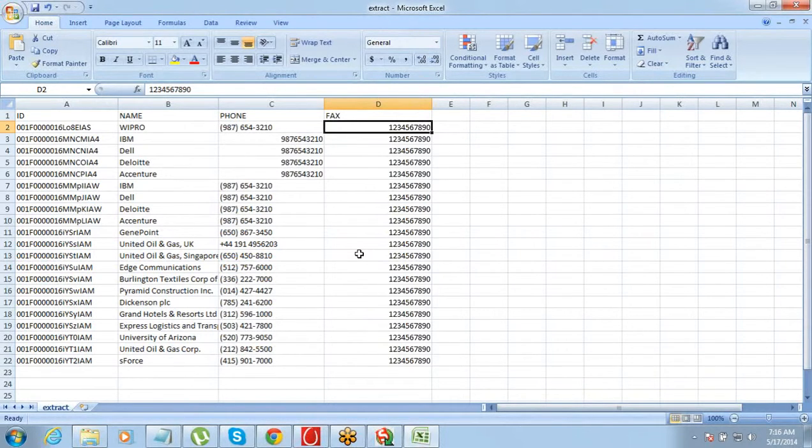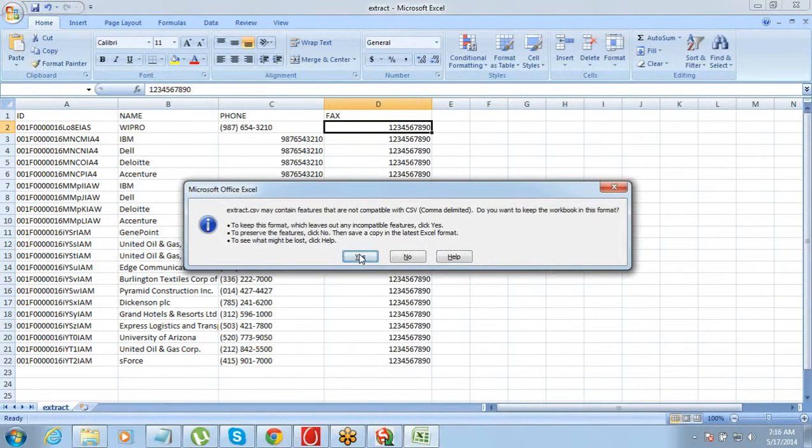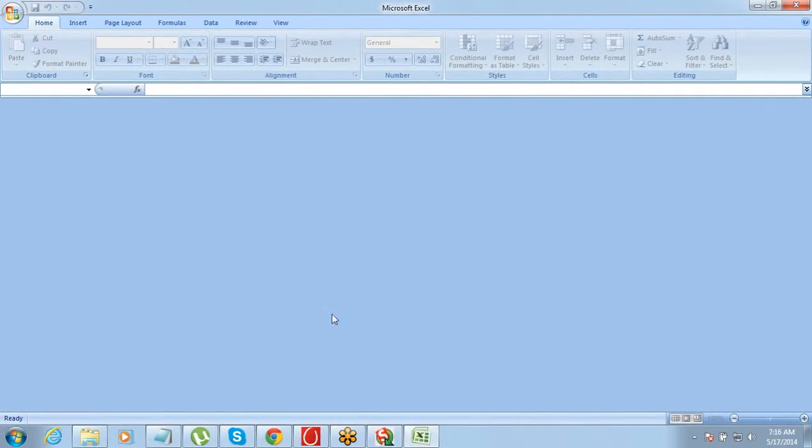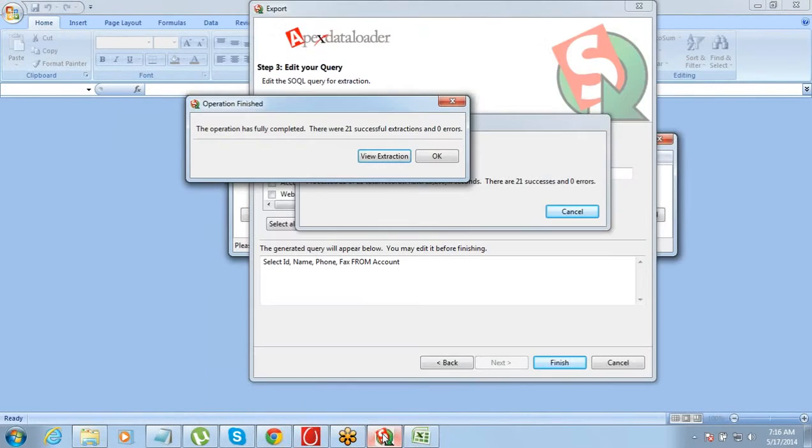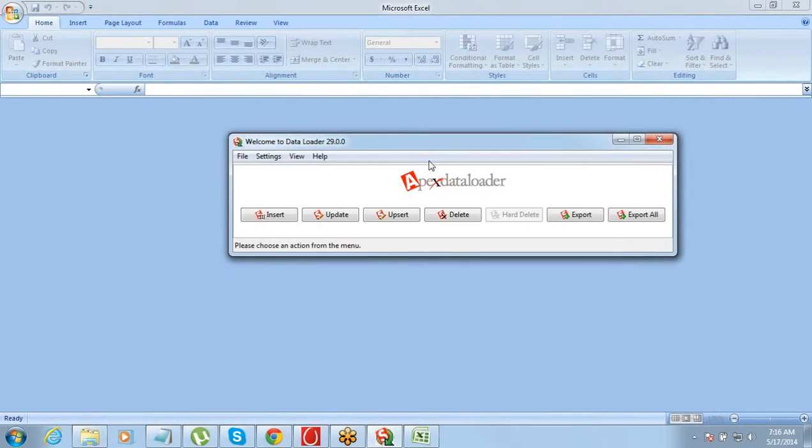The advantage of taking an export from data loader is you already get a CSV file, the ID is there. You just have to make the changes, save it back. The same file, I don't have to create any extra file. The same file I can use for updating.